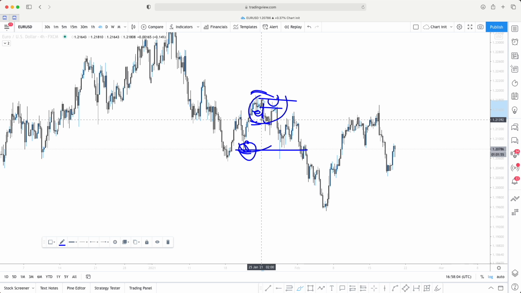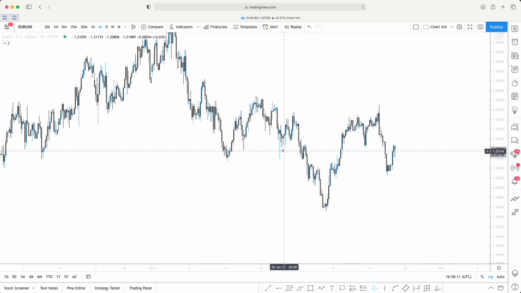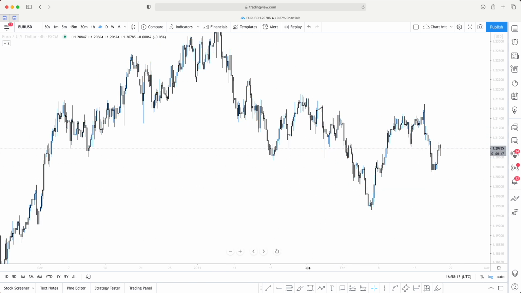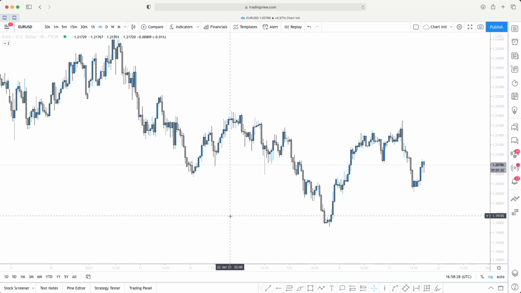is an indicator that institutions were active at that point, but you need to have a sound understanding to know what your order block actually is, and you need to understand the basis of the theory behind it. If you don't understand that, you will struggle to understand the concept, and you'll struggle to understand which order blocks you are going to use, because there's order blocks everywhere. For example,